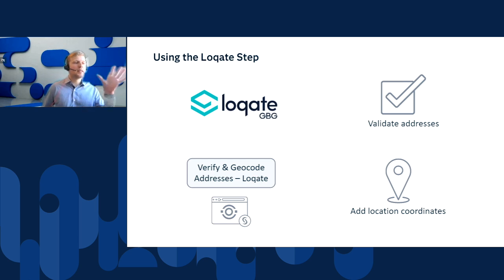Now, behind the scenes, this is using the locate API. So it's connecting via proc HTTP to the locate API and passing much the same way that we are with Esri, passing our address data there to geocode and return back the latitude and longitude values.